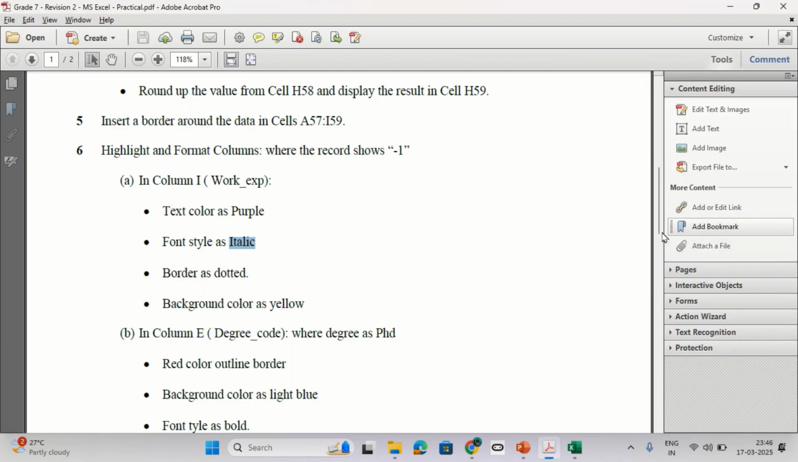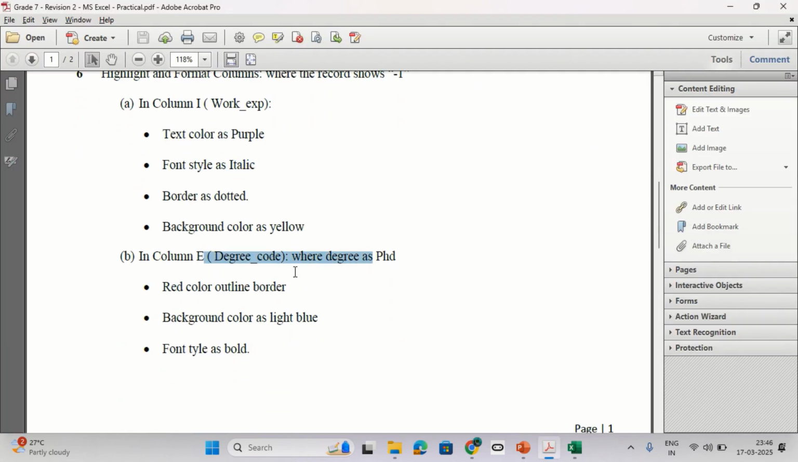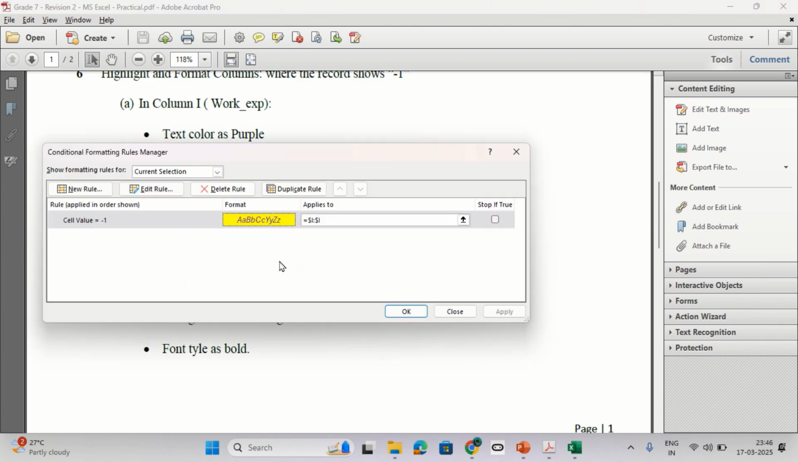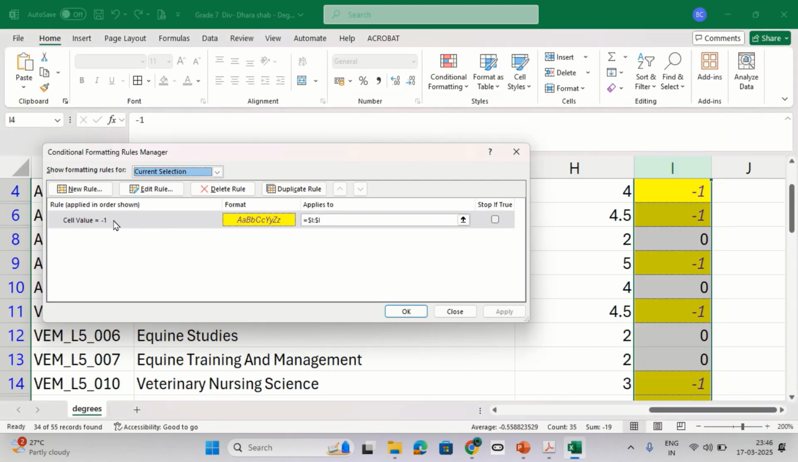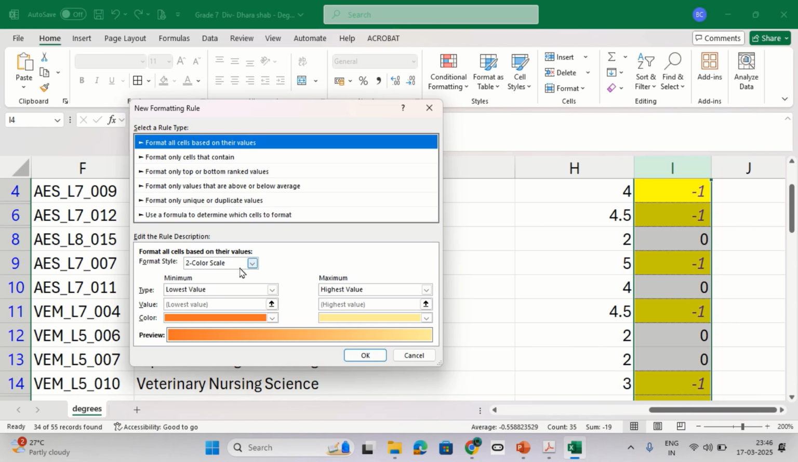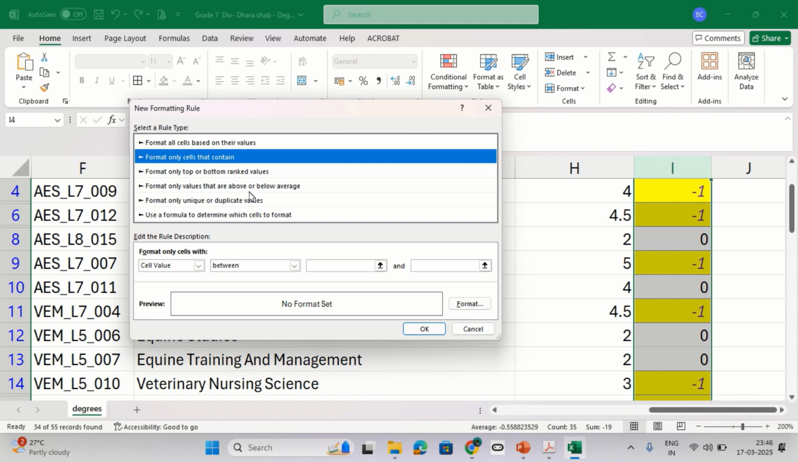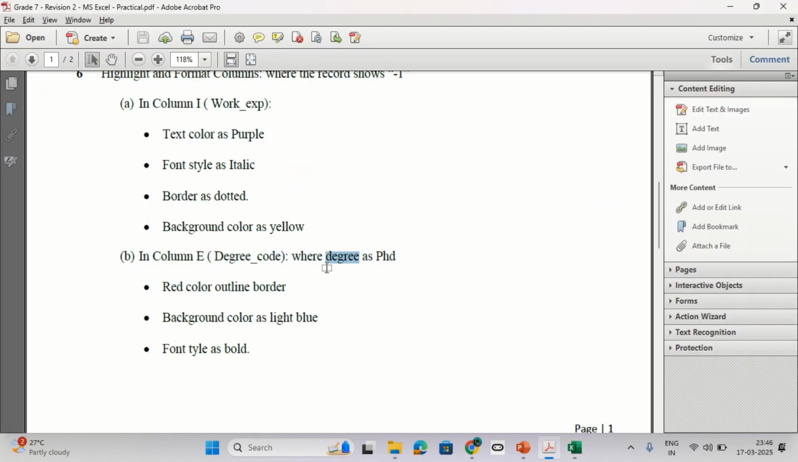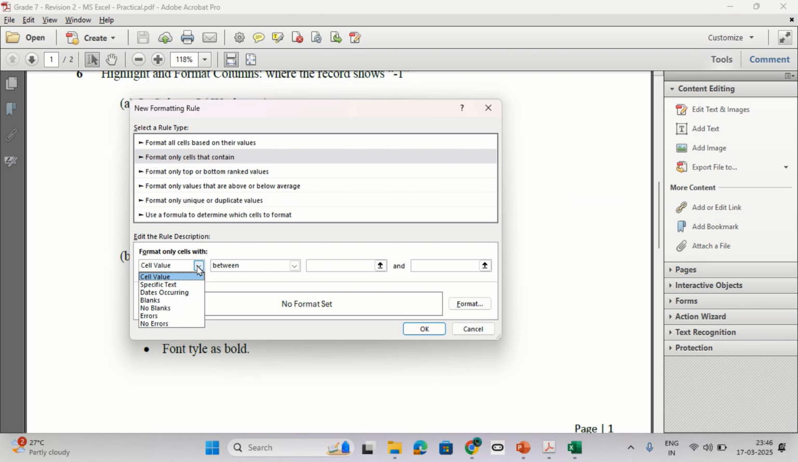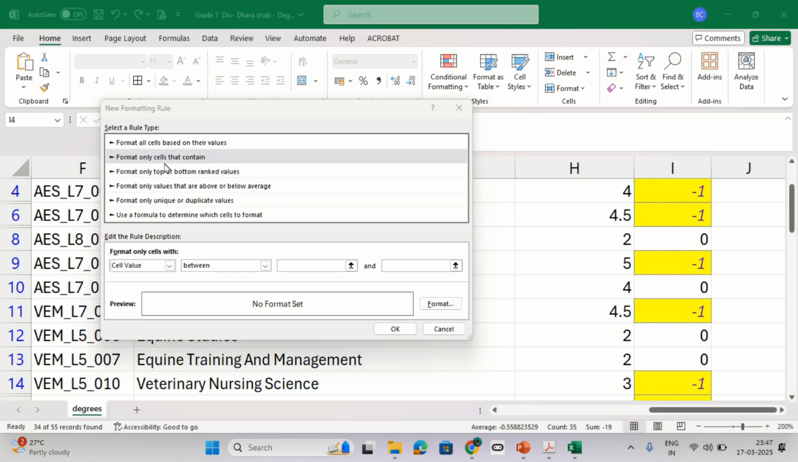Now the other rule it is telling is in column E, where degree as PhD. So here in this particular cell you can click on new rule, format cell based on their value. Is it a 2 color scale, 3 color scale, data bar, icon set? No, it's format cell that contains degree as PhD. So here the cell that contains equal to degree,